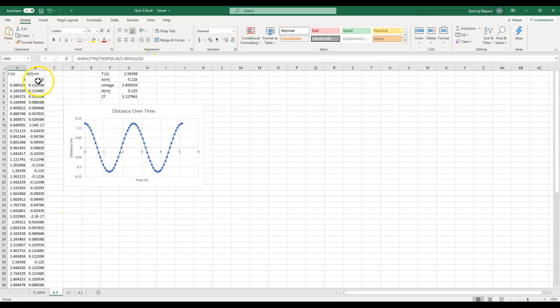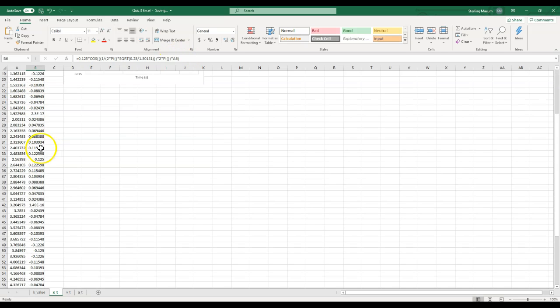And then for the distance formula, I started trying to write it like this, where I would do the amplitude times cosine of omega times whatever is in the time slot. But I quickly ran into problems, and around number 5, I had realized that it was best to write everything out all the way except for the A column, because that way I could just drag and scroll all the